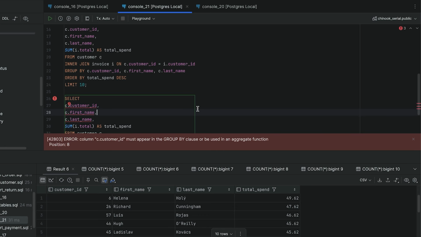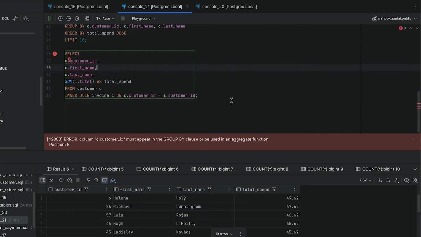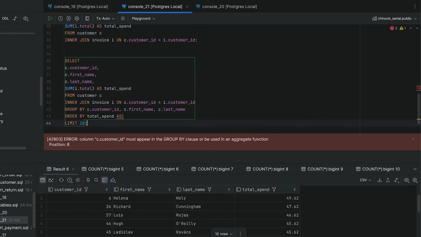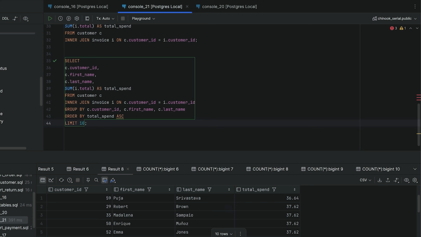Another issue that can happen is if you order by the total spend column but either add the ASC keyword for ascending or don't add a keyword at all. This means your results will be sorted from lowest to highest, which is not what we want. This shows the lowest spending customers, not the top 10. To fix this, make sure you use the DESC keyword with the order by, which means descending or from highest